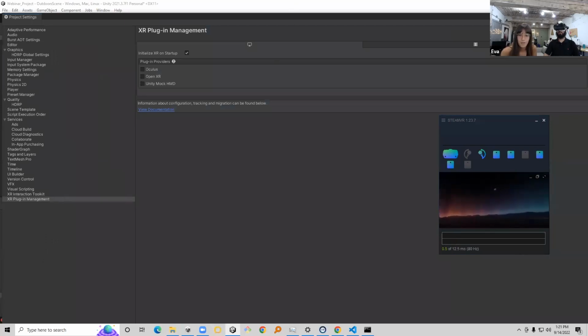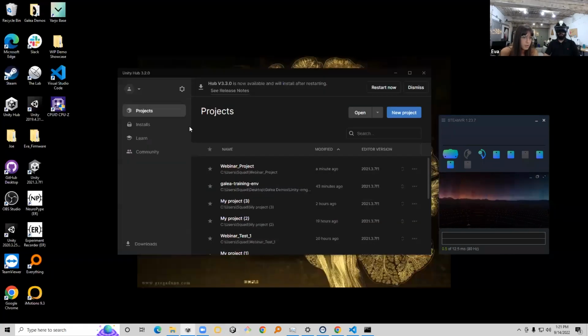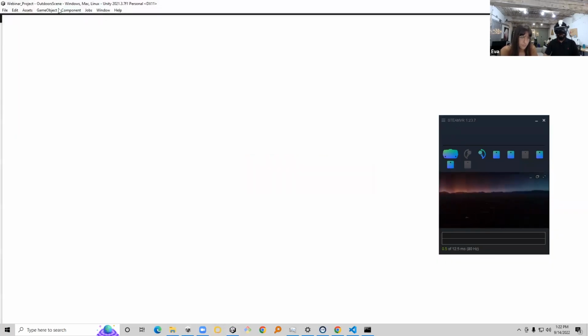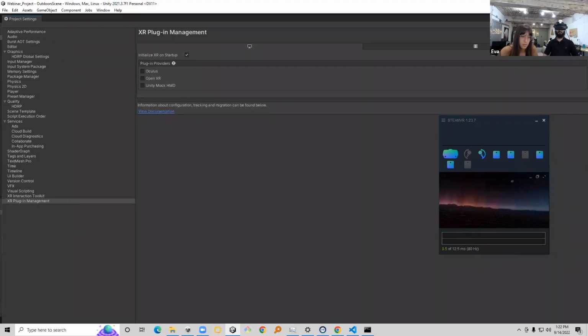Okay, so right now I dragged all the elements into the scene, but I need to tell Unity that we want to use the OpenXR plugin. I did this before the webinar. I thought it was saved, but we have to do it every time we do a new project. So if you go to Edit,